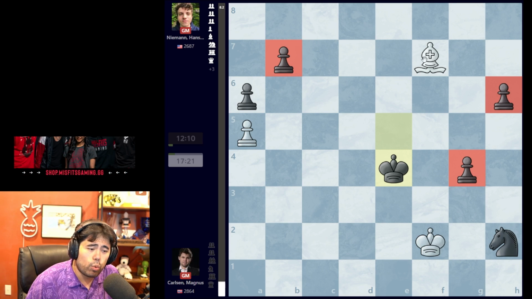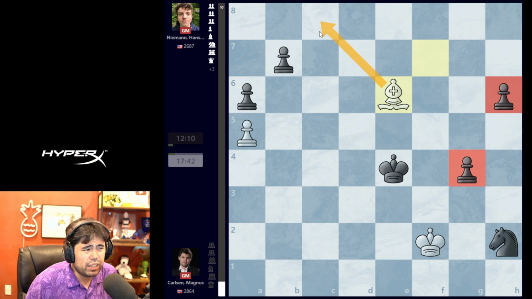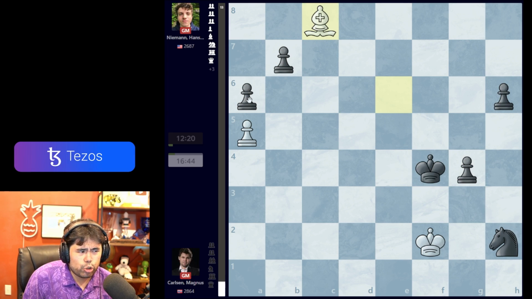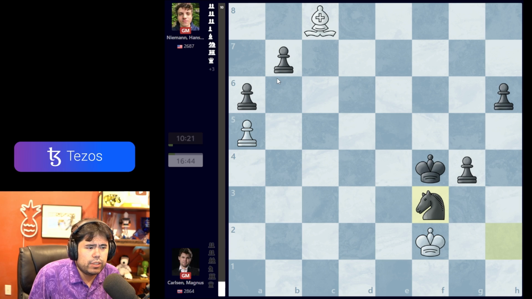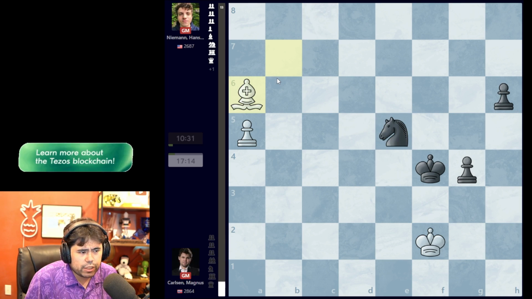But Magnus has one last trick here with bishop e6, because again, he's not too worried about these two pawns if he can win these two pawns on b7 and a6 here. So we get king f4 here, bishop c8, trying to go after both of these pawns. Hans plays the move knight to f3, bishop takes pawn, knight to e5, bishop takes pawn, and now he goes